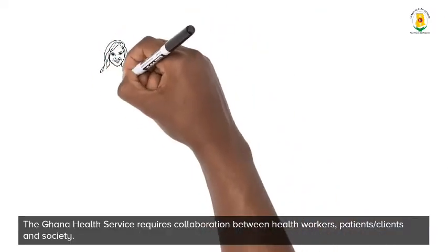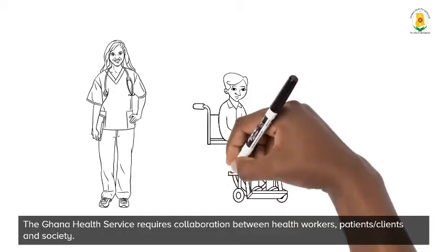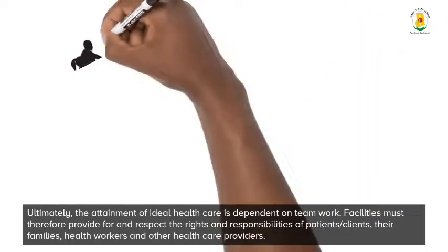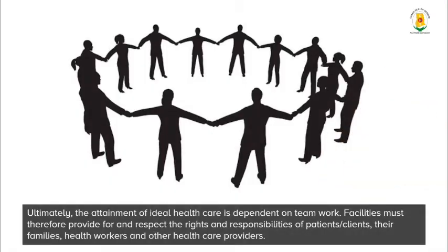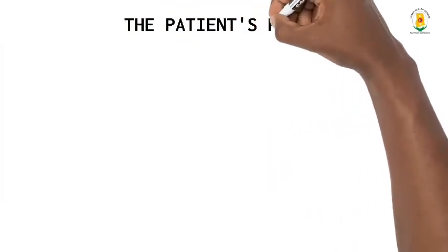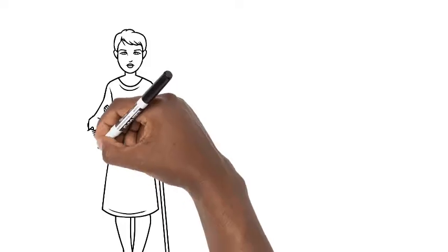The Ghana Health Service requires collaboration between health workers, patients or clients, and society. Ultimately, the attainment of ideal healthcare is dependent on teamwork. Facilities must therefore provide and respect the rights and responsibilities of patients or clients, their families, health workers, and other healthcare providers. The patient's rights are: the patient has the right to quality basic health care irrespective of his or